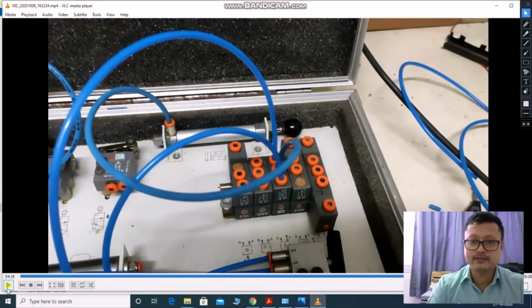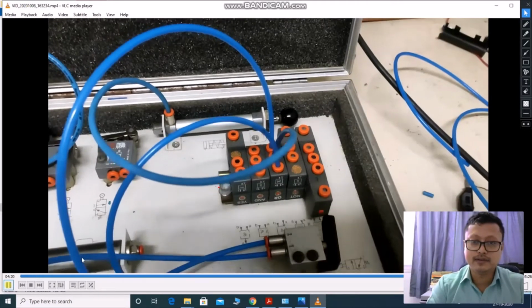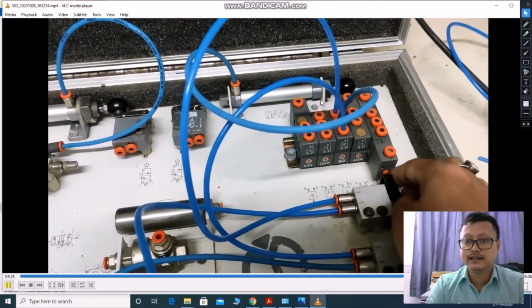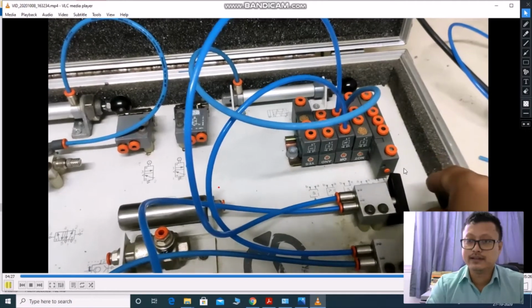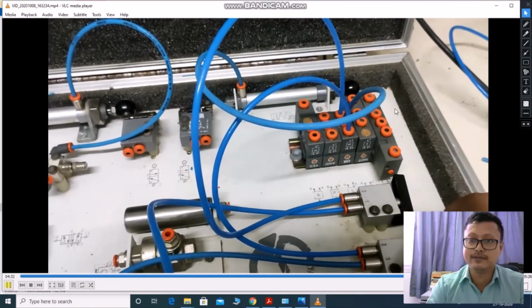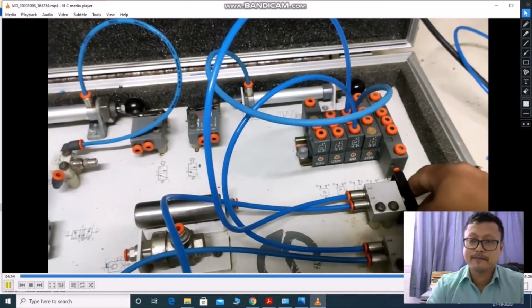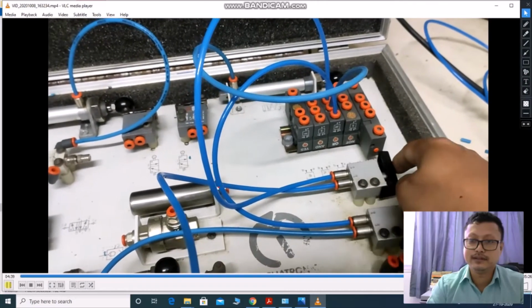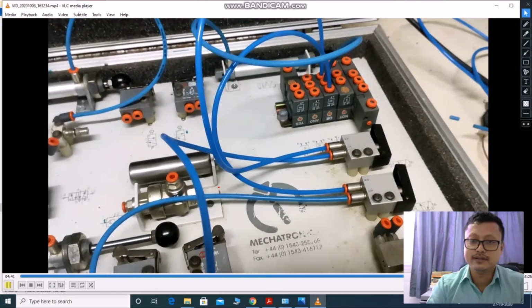Again, we connect another logic gate, the OR gate. If you connect the 2 wires of the push button switches to the OR gate, and the output of the OR gate in the middle is connected to the single acting cylinder, then you can set the logic of OR. If you press any one of these two push buttons, the cylinder will go forward. It means 0 1 is 1, 1 1 is 1, and 1 0 is 1.